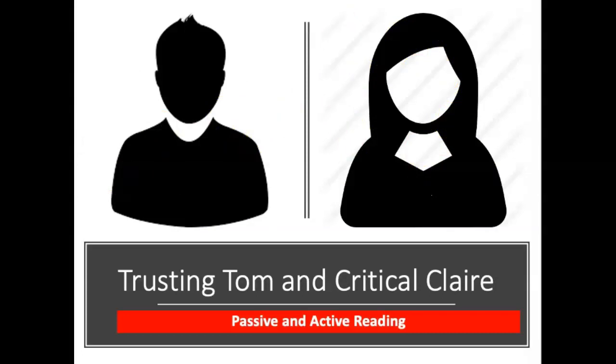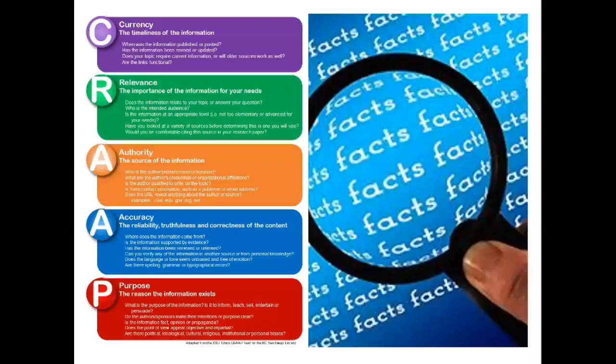Not to actually accept what people are saying at face value, but to believe that it is worth checking up and being suspicious. Now, to do this, I tend to, in my EPQ teaching, use the CRAAP acronym: currency, relevance, authority, accuracy, and purpose. And accompanying the screencast is a worksheet that shows you how to apply the CRAAP technique. You'll be able to put your research into a table and work out how far you can trust it. And that's the process of critical evaluation.